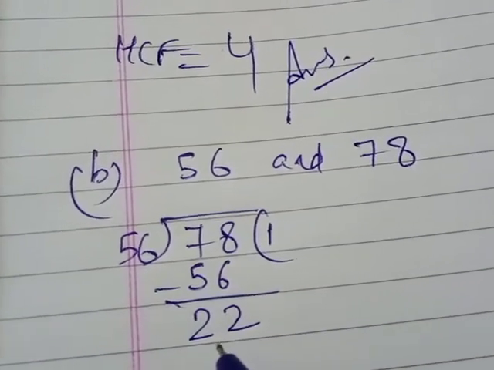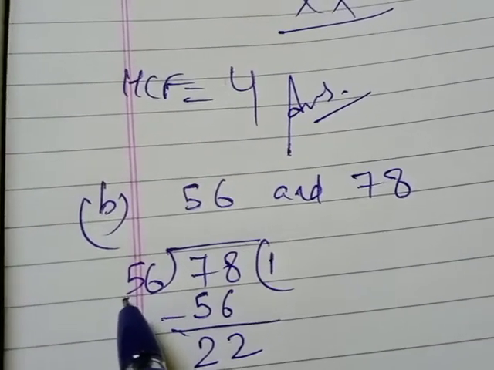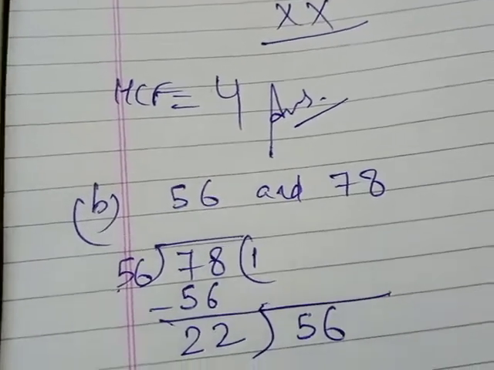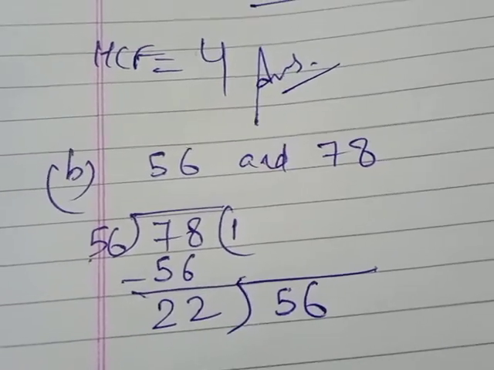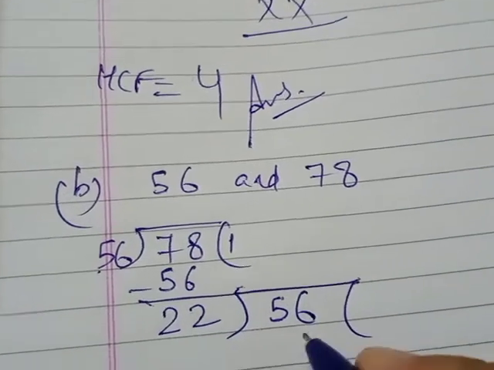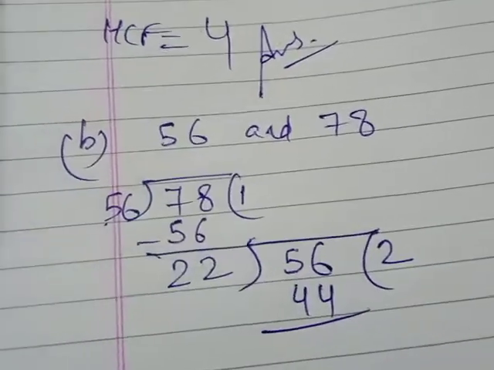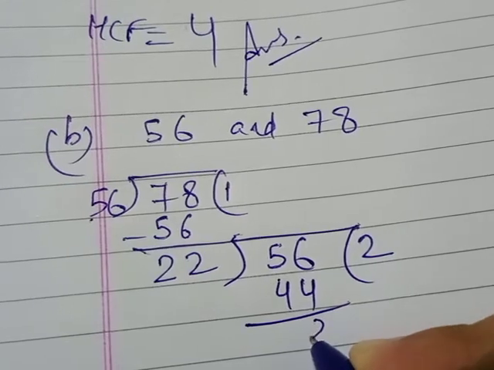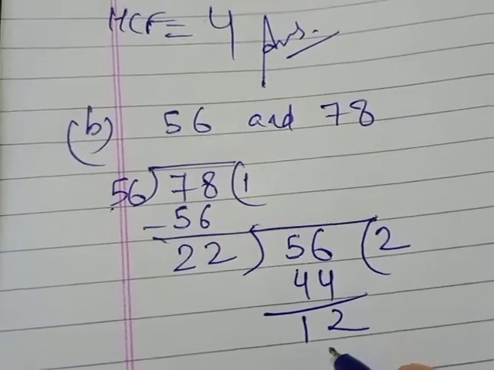When we are having the remainder, then the divisor which is given here, that divisor will become your dividend here. Always keep in mind, the divisor which is given will become the dividend in the next place. Okay. Then 22 you will divide with 56. 22 2s are 44. Okay. 6 minus 4 will be 2, and 5 minus 4 will be 1. Again we have the remainder.